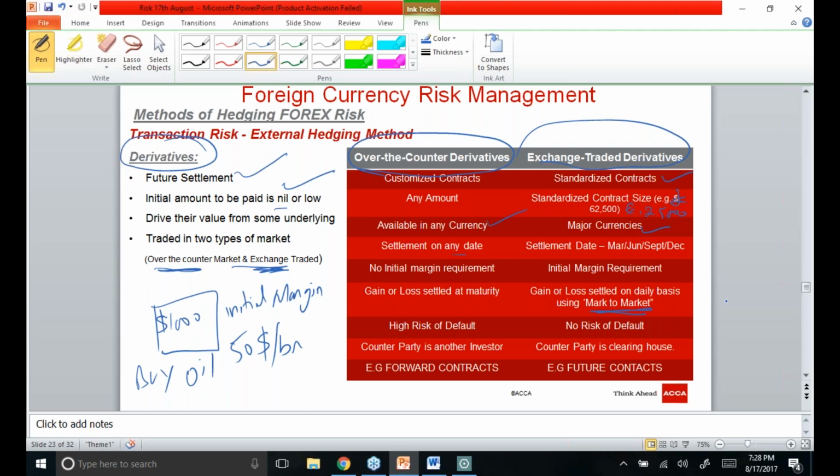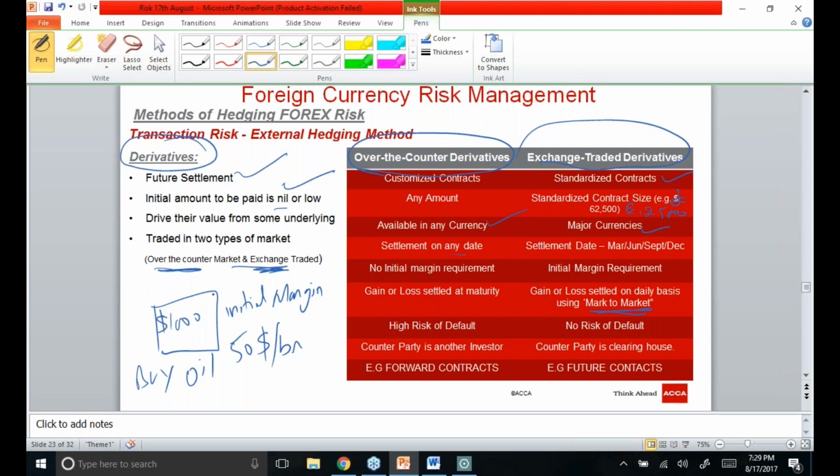So gain or loss will be settled on a daily basis using mark to market concept, and there will be no risk of default, because if you want to default, you already have some deposited security with the exchange, so you can't default. If you are facing loss, we have already deducted amount from your margin account, so there is no need to